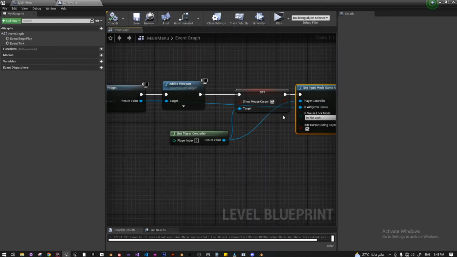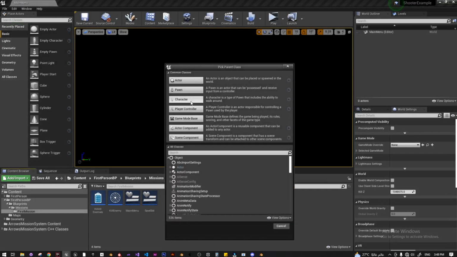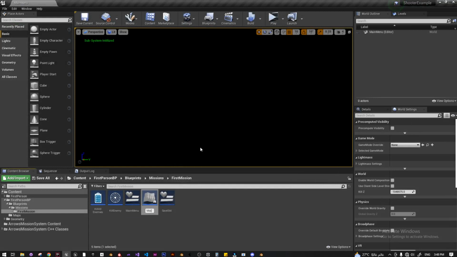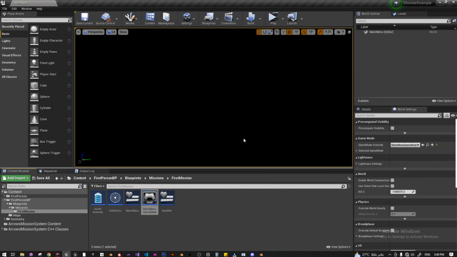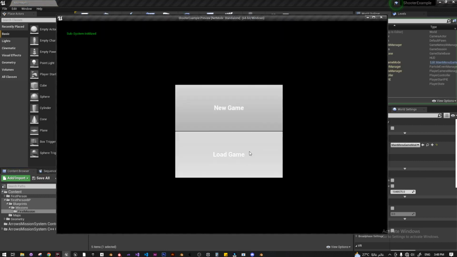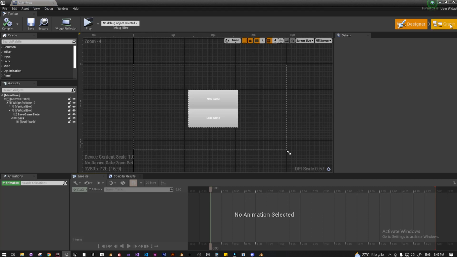Okay, second thing I need is to add another blueprint class. Call this game mode, main game mode. I need this one to override the first one because I don't want the player to be existing in the first level. So now we don't have that cursor, so we are going to the main menu, and we are going to search